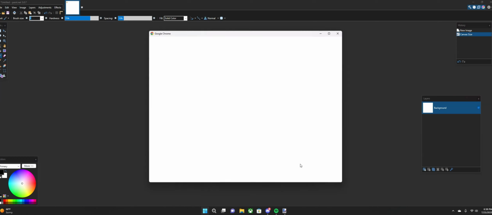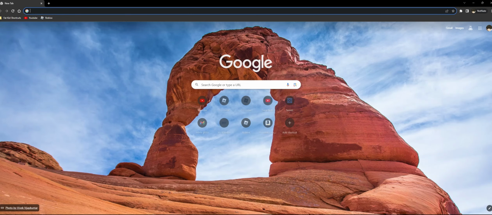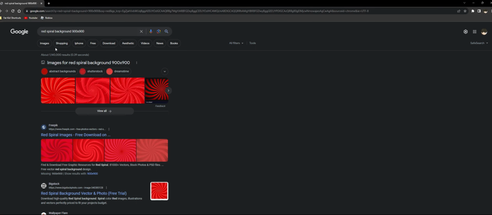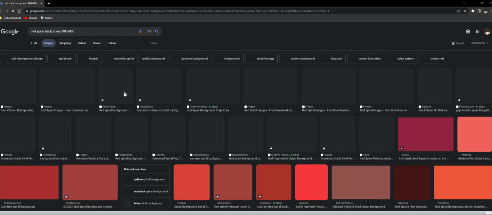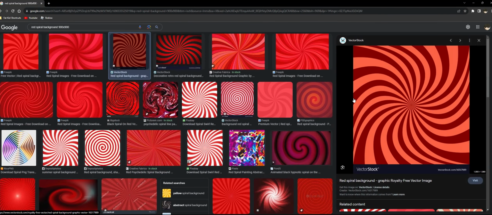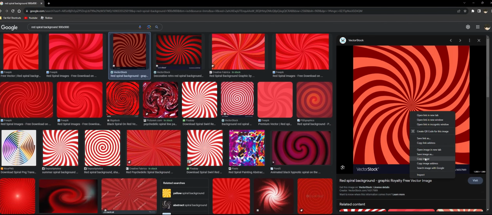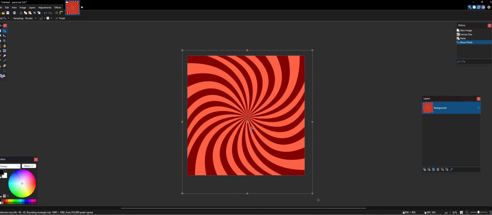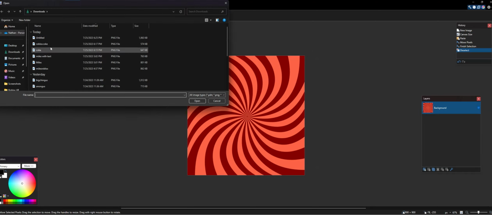and then open up your browser and search up the main color of your avatar and click spiral or ray background and 900 by 900 or 800 by 800. Click on over to images, click one you want. I like this one. There's a huge variety of images like this, so there's a lot to choose from. Click enter to get rid of those lines, and then open a new file and